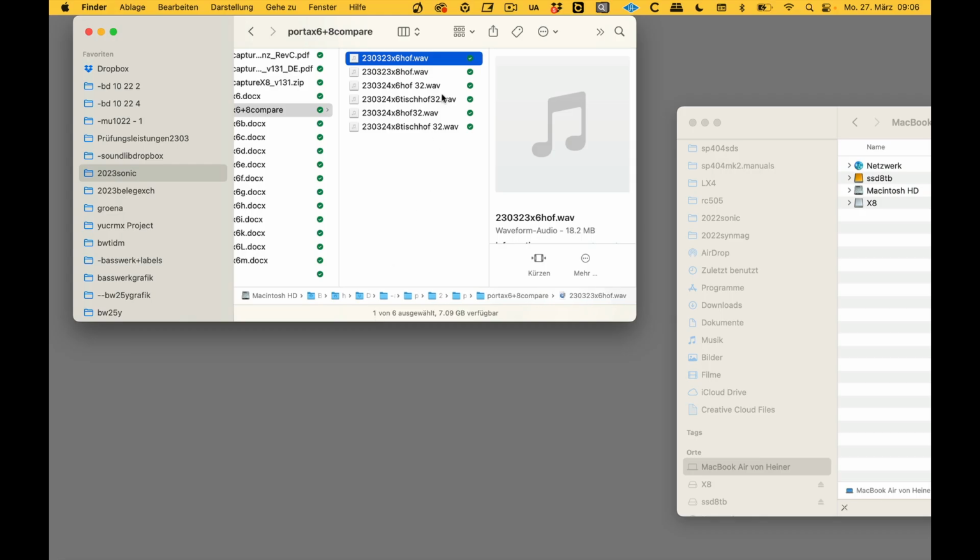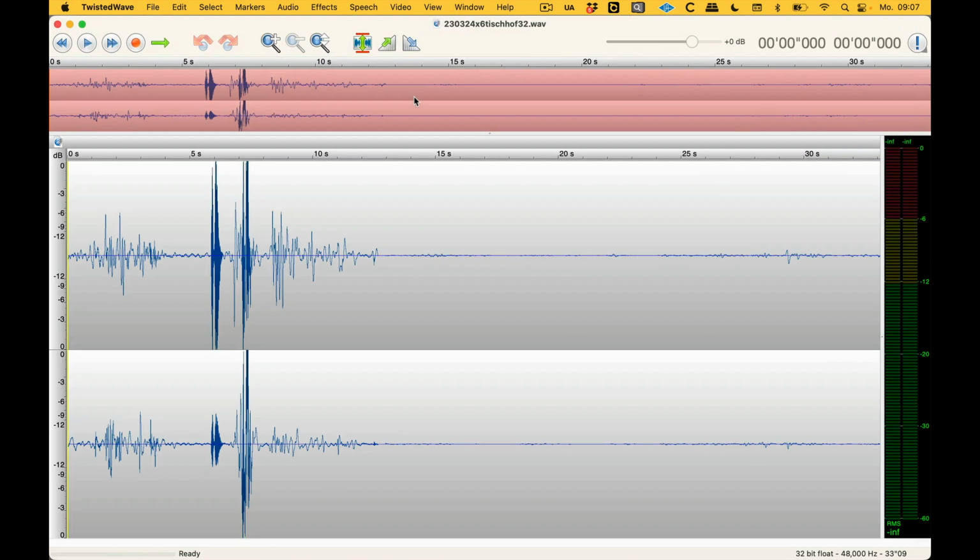Now I am presenting the sound of the microphone recording with a Portacapture X6 and a Portacapture X8. I've done 6 recordings and I have chosen high gain in the beginning and low gain later on. And if you record with 32-bit floating, that means even if you record with a level which is too high,